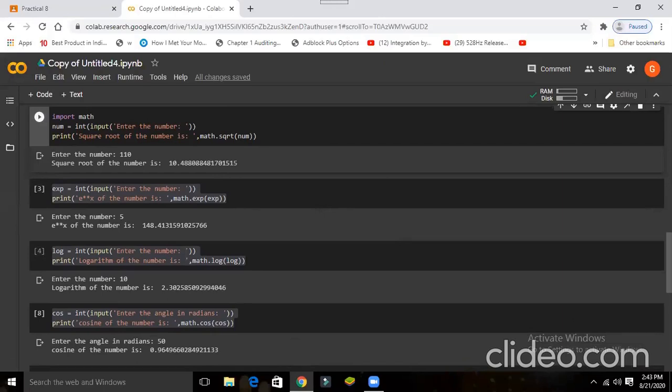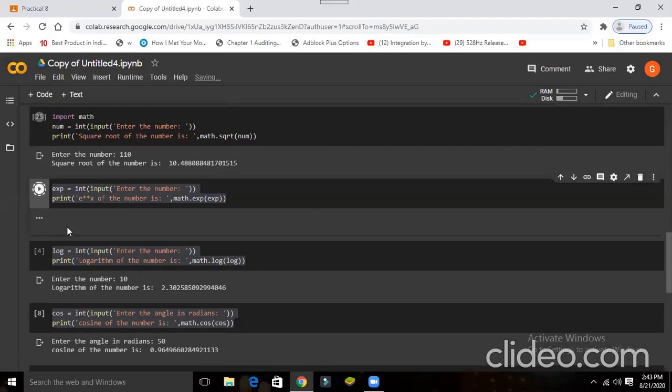Okay, now the next function is exp. So what is the use of the exp function? It is the e to the power x function from maths. Yes. So e raised to, suppose you have to find e raised to 5. So it gives the answer 148.